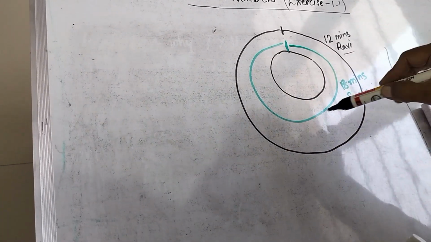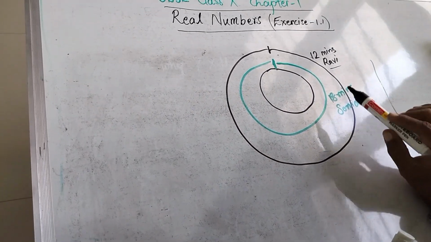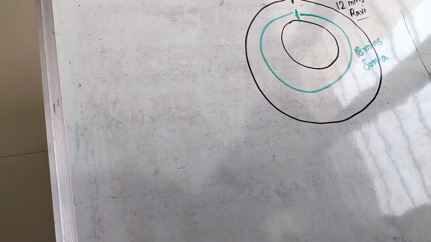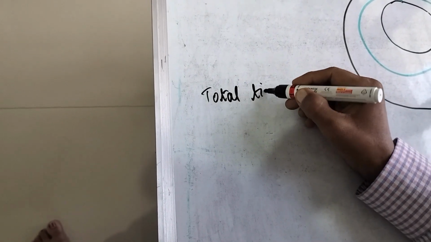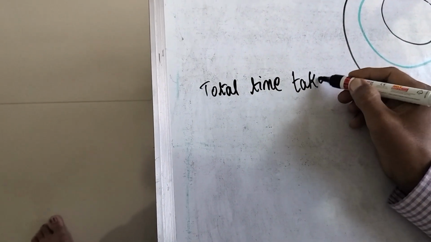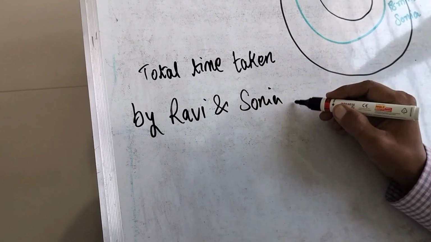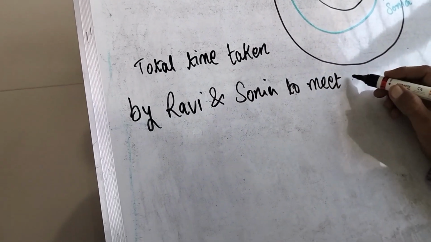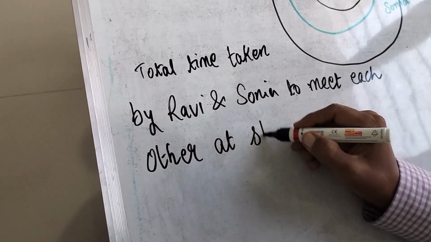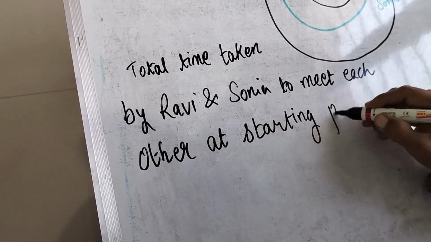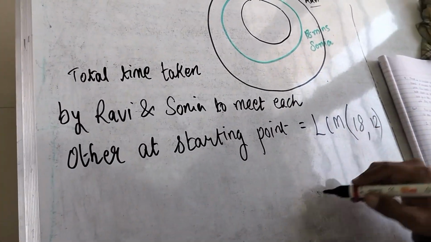Ravi हमेशा आगे चलेगा सोनिया से, लेकिन कोई एक पॉइंट आएगा जब दोनों वापस से इसी पॉइंट पे मिलेंगे। तो हमें उन्होंने पूछा है कि कितने मिनट बाद वो एक दूसरे के साथ मिलेंगे। तो हम क्या करेंगे, टोटल टाइम टेकन हमको ढूंढना है, total time taken by Ravi and Sonia to meet each other at starting point. और ये ढूंढने के लिए हमें क्या ढूंढना है, एलसीएम ढूंढना है। किसका एलसीएम ढूंढना है, 18 और 12 का।